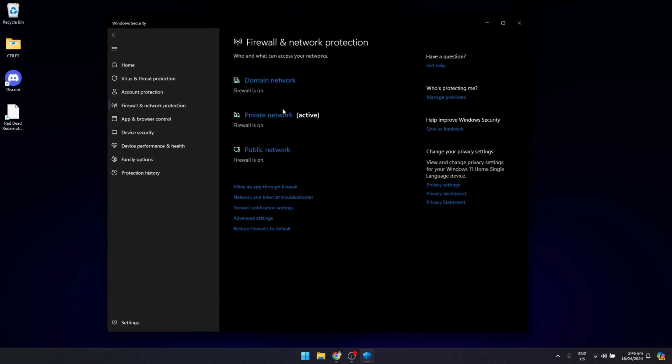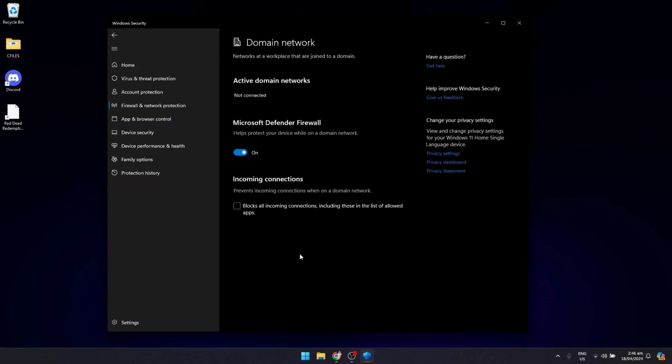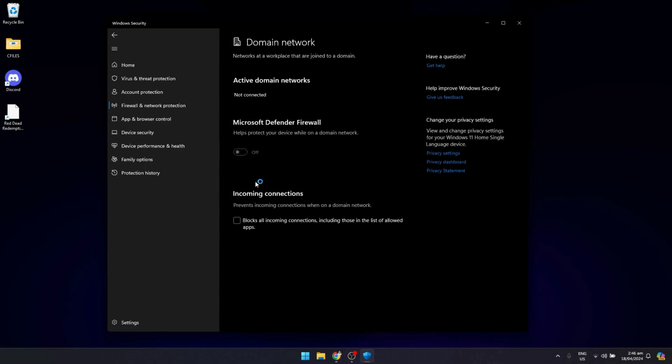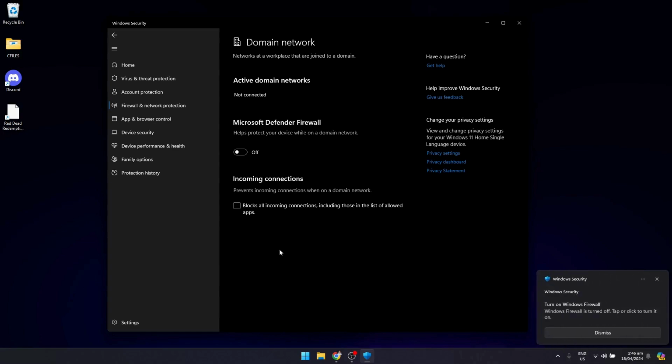This window will open. Click on Domain network and turn off Microsoft Defender Firewall, just like so. It will prompt, just like that. And that's it,